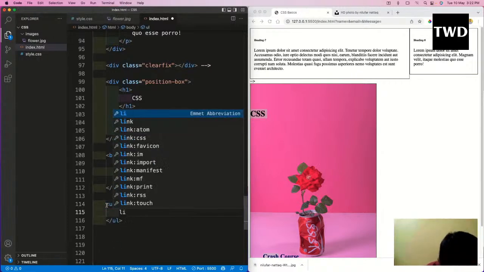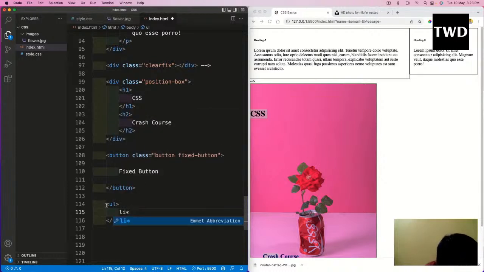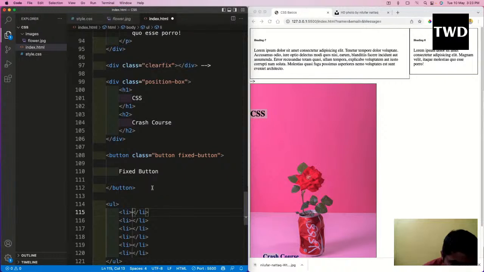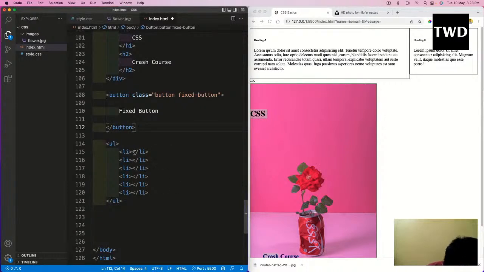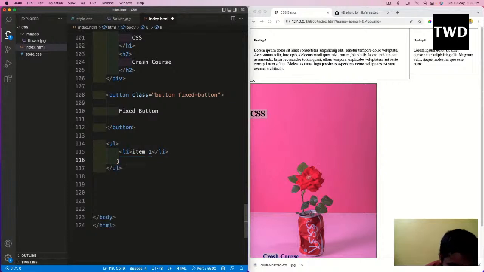Inside this, let's have li six times. Okay, so inside this we'll have item 1, or I will do one thing, delete it,